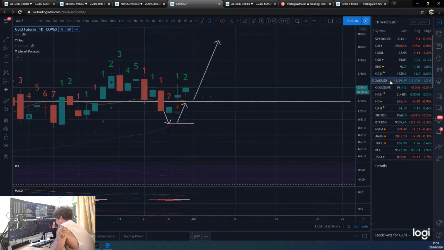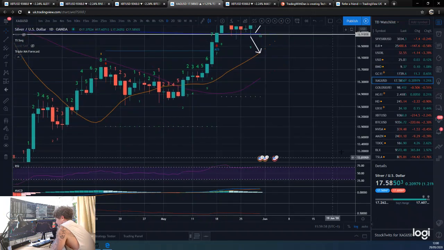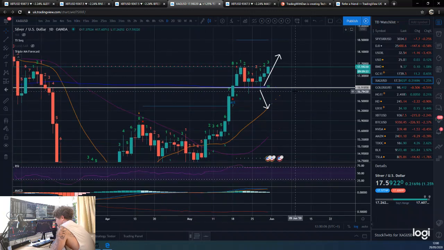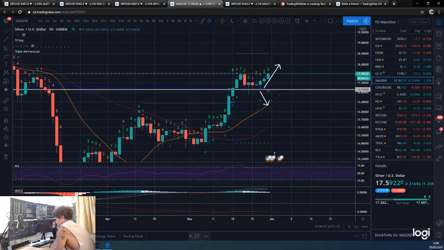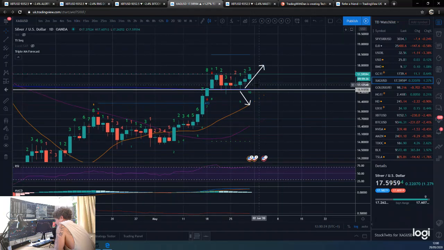Anyway, silver, we said basically, if we don't break this line, and we bounce off it, there's our target. Which I just drew arbitrarily. Obviously there's no moving average, there's no nothing, because they were all below the price. So yeah, I'll be expecting north of $18 silver. Sorry, $18 silver, not $1,800. I'll be looking north of $18 silver. We're looking pretty good here.